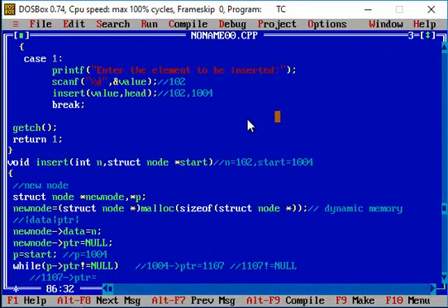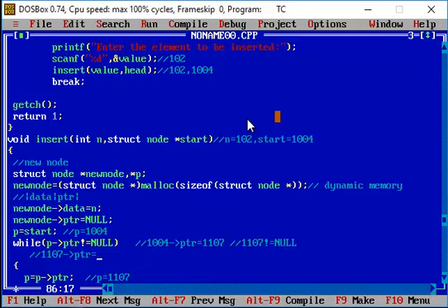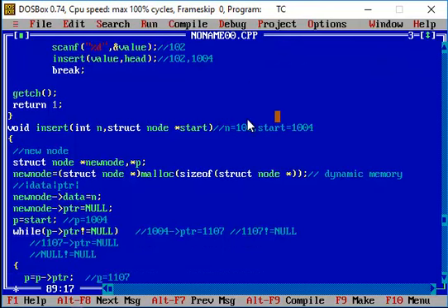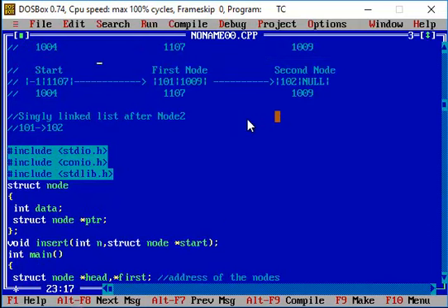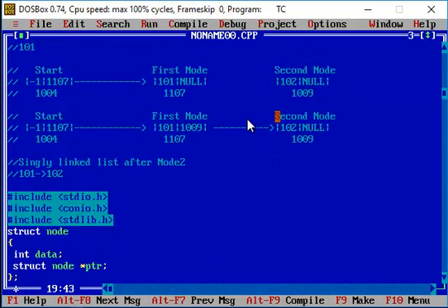So if you see here, you have the condition null is not equal to null. The condition will fail, and you come out of the loop. As I told you, when you come out of the loop, when we are trying to add the second node that has been created, the address of the second node should be mapped in the address field of the first node. The address field of the first node is currently holding the value null. Now this null should be equated to the address field of the second node.